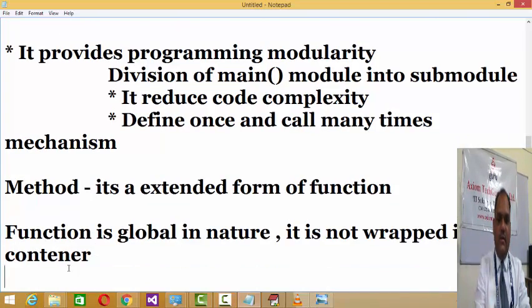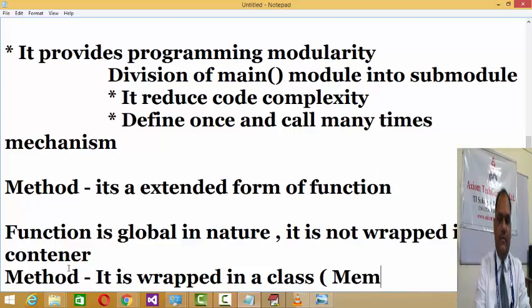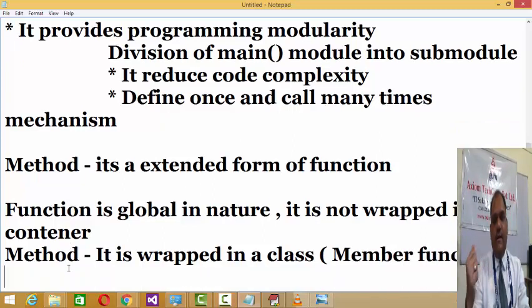But a method is wrapped in a class, and that is why it's called a method. In C++ we say it's a member function. It means the process defined to process the data belonging to the class is called a method.